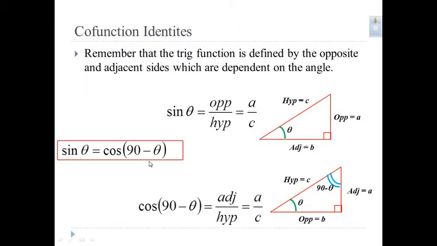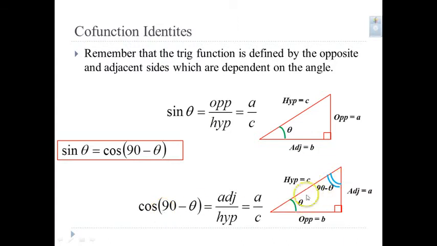We can also look at what are called cofunction identities. So with cofunction identities, what we know is in this top triangle, we know that the sine of an angle is equal to the opposite over the hypotenuse. So in this case, if this were my angle theta, it would be the opposite, A, over the hypotenuse, which is C. If we then take a look at the cosine of its opposite angle here,